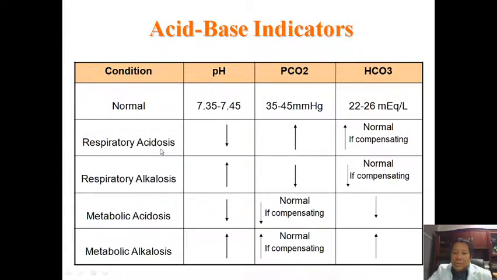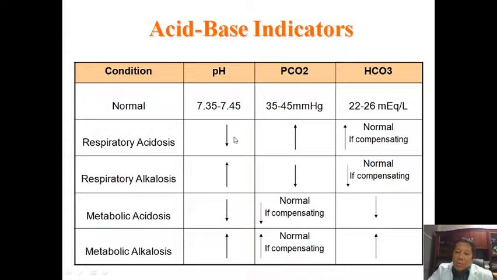So for any type of acidosis, whether respiratory or metabolic, you want to look at the blood pH lower than 7.35, and whether it's respiratory or metabolic alkalosis, you need to understand that any type of alkalosis, your blood pH will be higher than